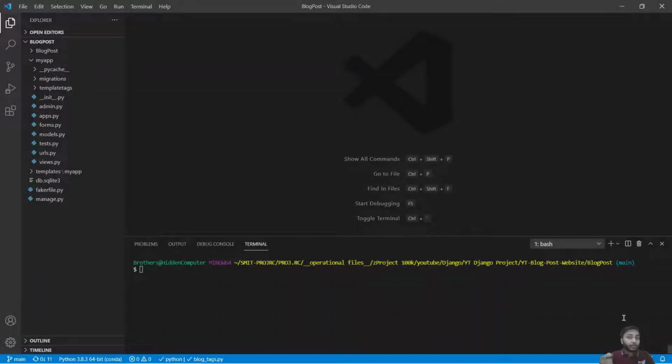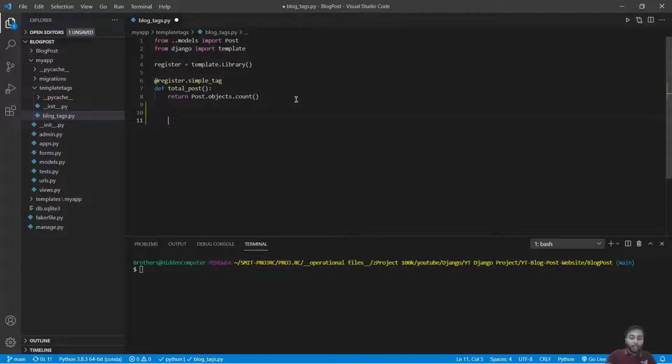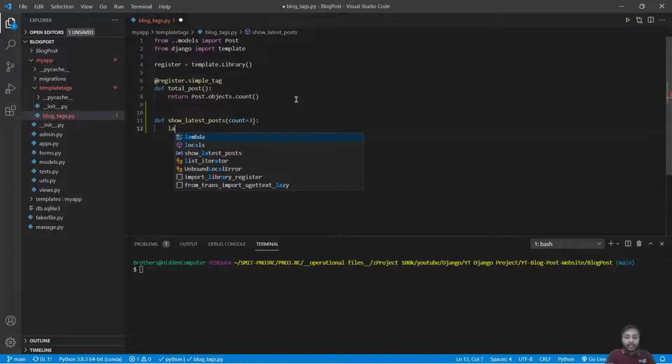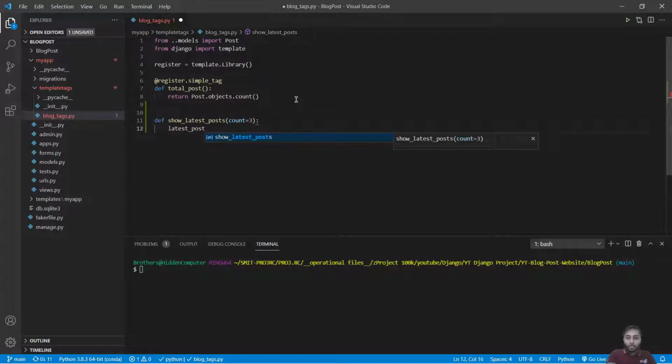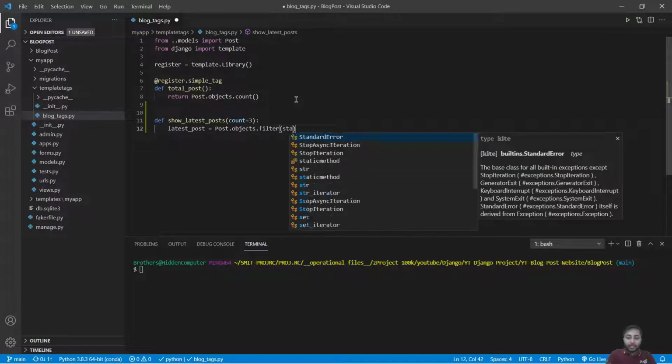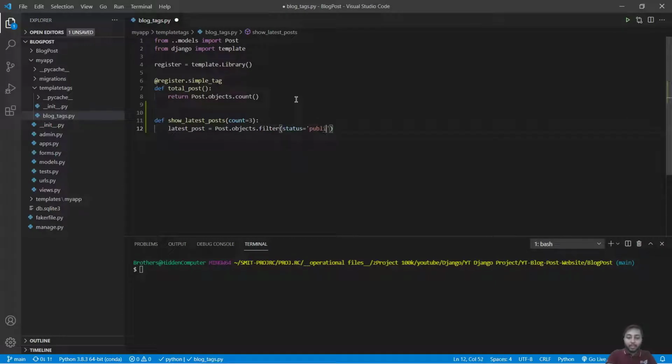In this example, we are going to recommend latest posts. For this we will jump inside the template tag, block tags, and define a new function. We'll say def show_latest_posts, with a default parameter count of 3, and we will say latest_posts equals Post.objects.filter, with status of published, and we will order them